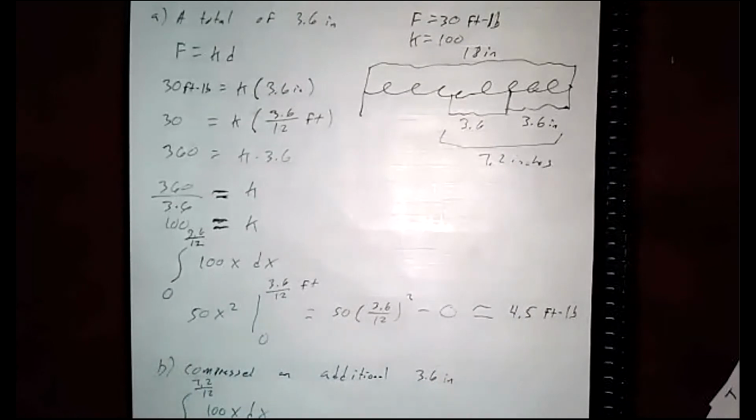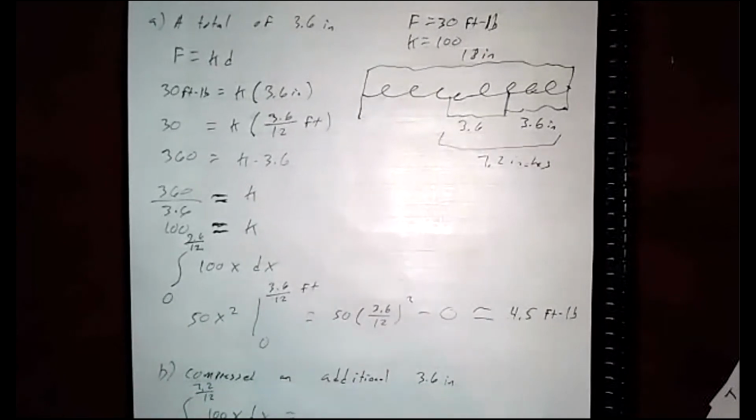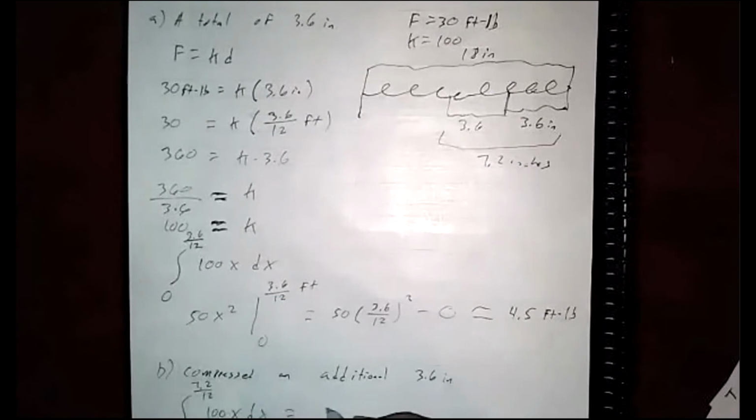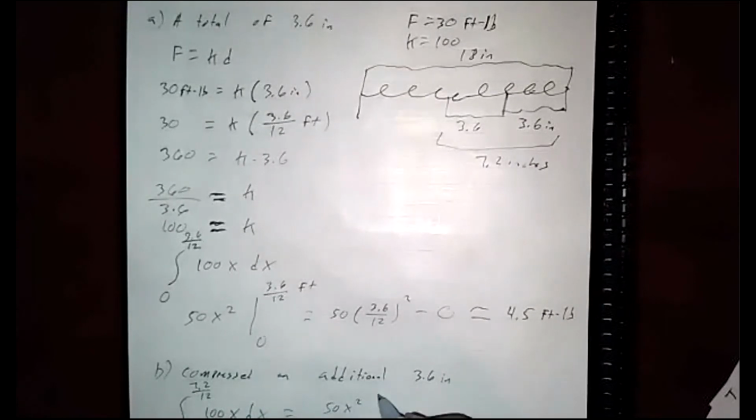Same spring constant, so that doesn't change. So then you'll get your same integral, right? Nothing's different. This will be 50 x squared from 3.6 over 12 to 7.2 over 12,